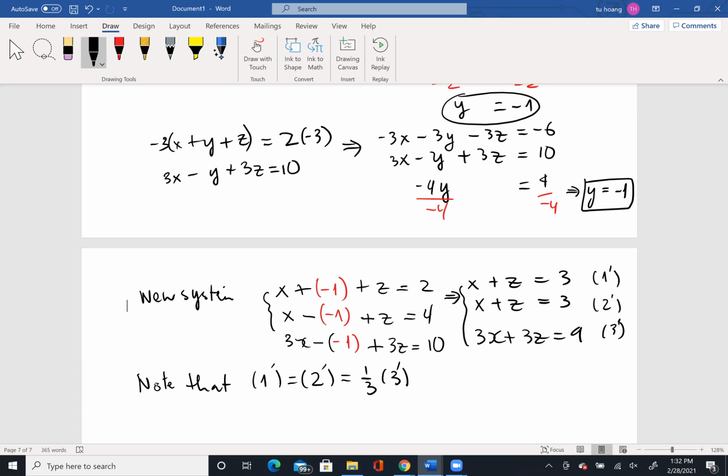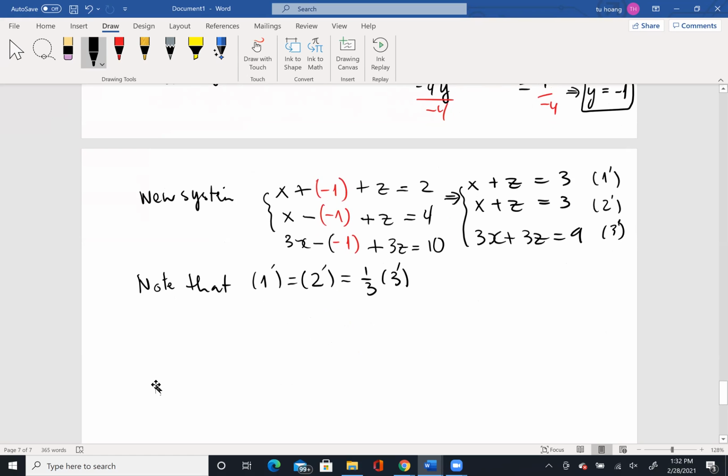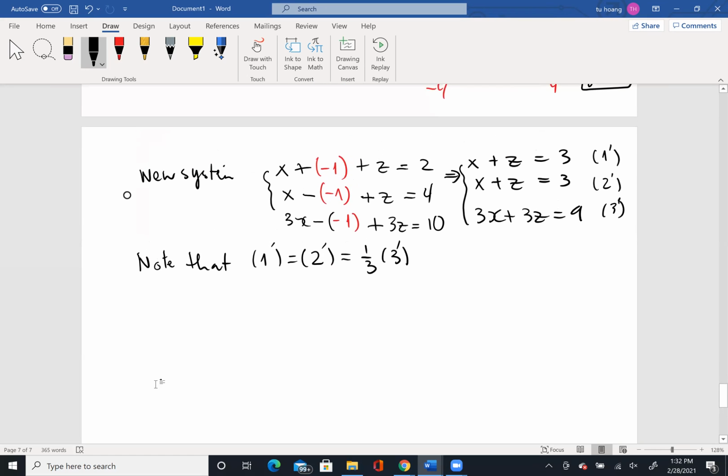So you can see that, seeing that happen, you will never have a specific x and z. But it actually can tell you that